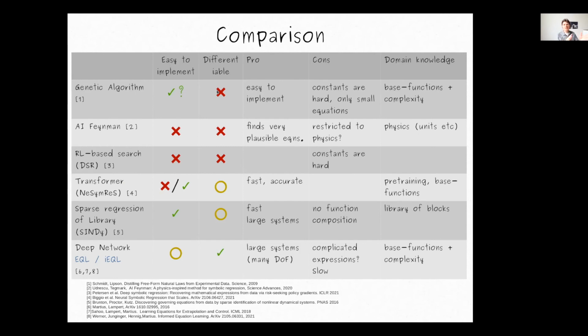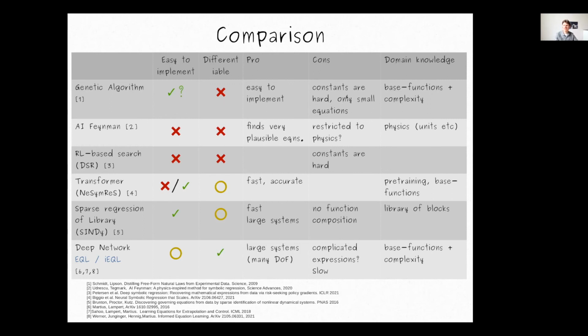I have first some feature extractor, then I would try to run the symbolic regression, and then afterwards I do something else. So for this, I need some end-to-end learning. This I can't do with this. And there are some cons: this typically works only for small equations, and constants or floating point constants, pi